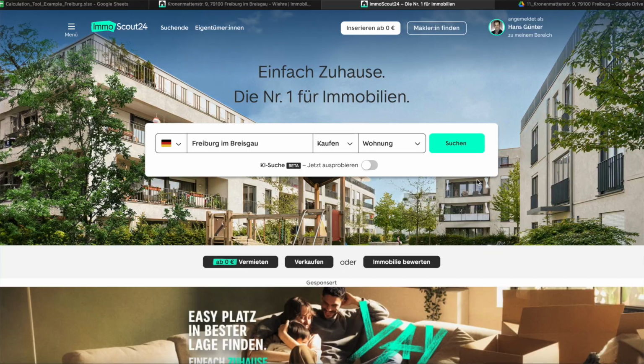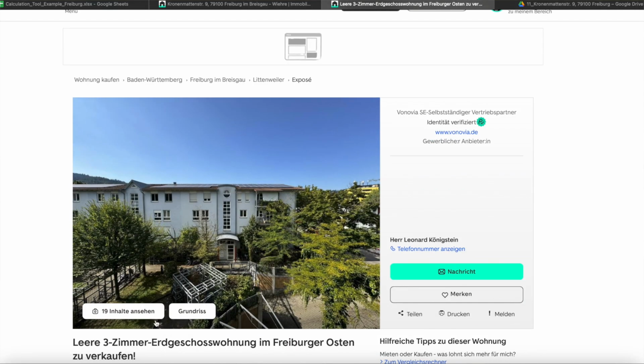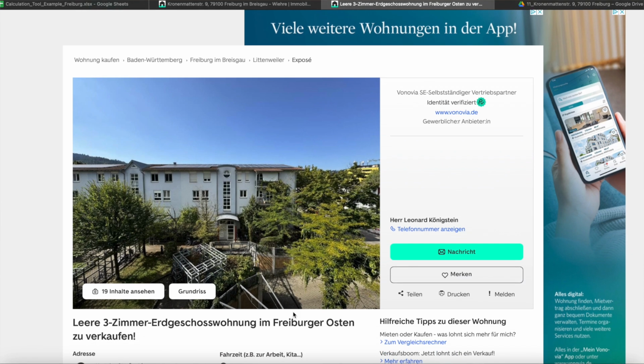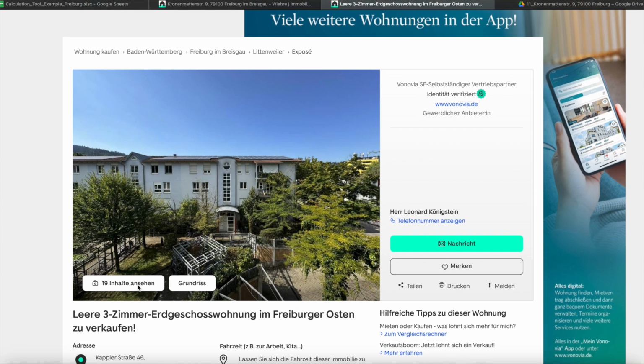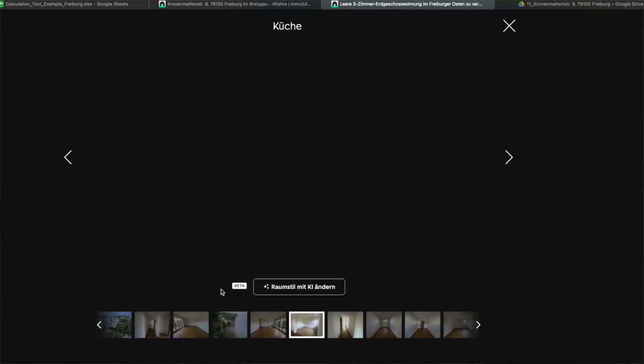Well, obviously first you need to find the property. I do that most of the times through Immobilien Scout, which is a platform in Germany where they offer different properties. You can see it right here, for example. I just typed in Freiburg, the city in which I'm buying most of my properties. And then the first thing you do is look through the pictures, look at the apartment, what it looks like, what the condition is. You also read through the description of the property,